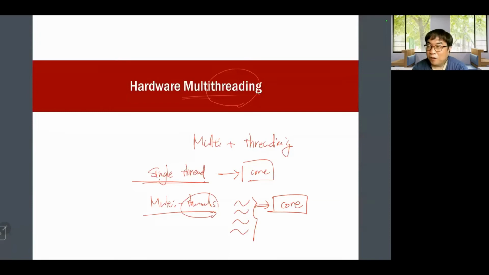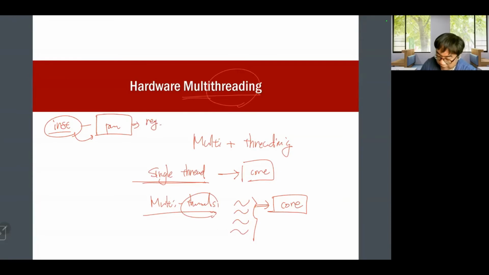This is multi-threading. Then how can it be possible? Multiple threads can be executed by a single core. So in order to support multiple threads, what is required? In order to execute a thread, what is required? Think like this. So instruction. This is the processor model. An instruction is given to a processor, then the processor changes the